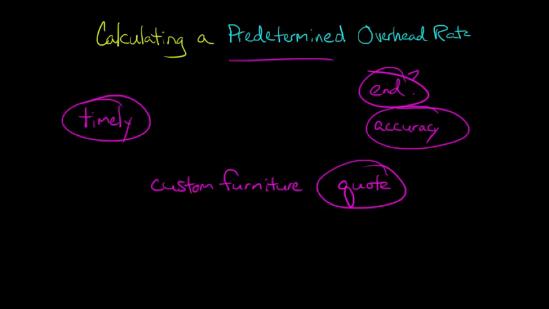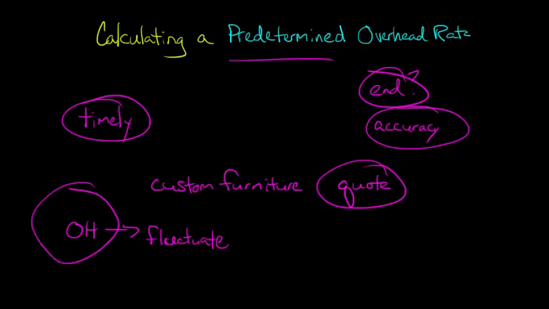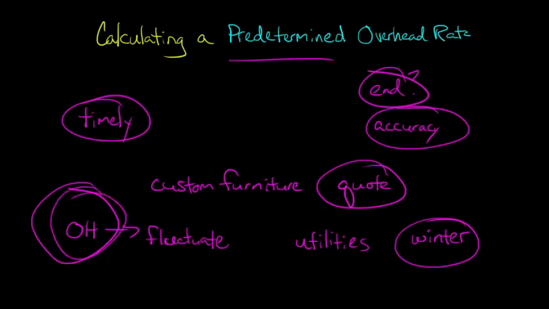Additionally, overhead costs, and I'll just abbreviate OH, tend to fluctuate over time, some of them. Remember, overhead costs are a really big pool of different kinds of costs, but let's take one type in particular, utilities. Do you think it might cost more to heat our factory or our building in the winter? So if it's December and we're trying to calculate the overhead for this month, and we say, okay, this will be more accurate,